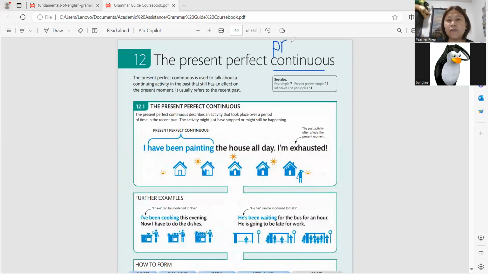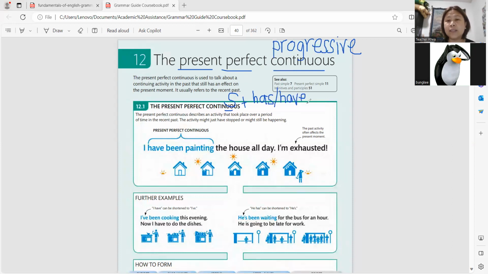So do not be confused if you see some books that use present perfect progressive, and some books also use present perfect continuous. So the structure in present perfect continuous is subject plus has or have,